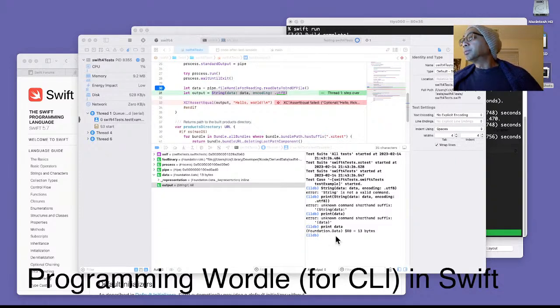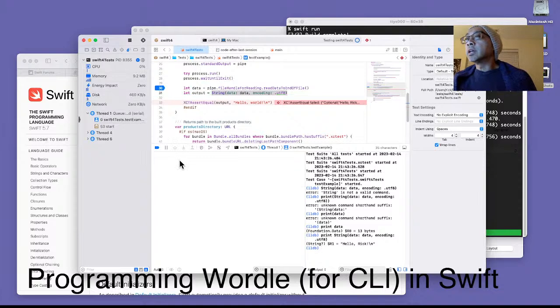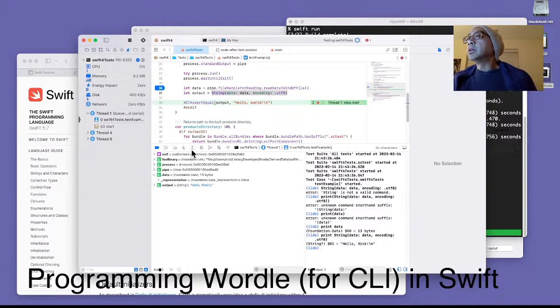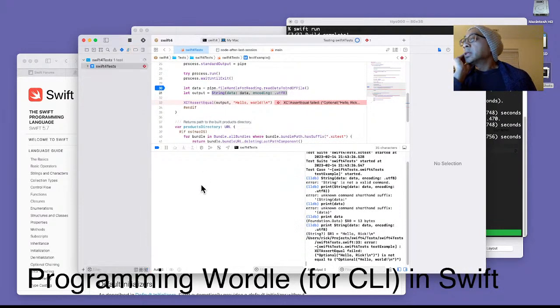Okay, if I do print and then string, you can see that the string is hello Rick, and that'll fail the assertion. I don't know why the assertion is executed before I even got there, but if I continue the program, again stepping through it, I'll be here, and then eventually it'll get to it and fail. Anyway,